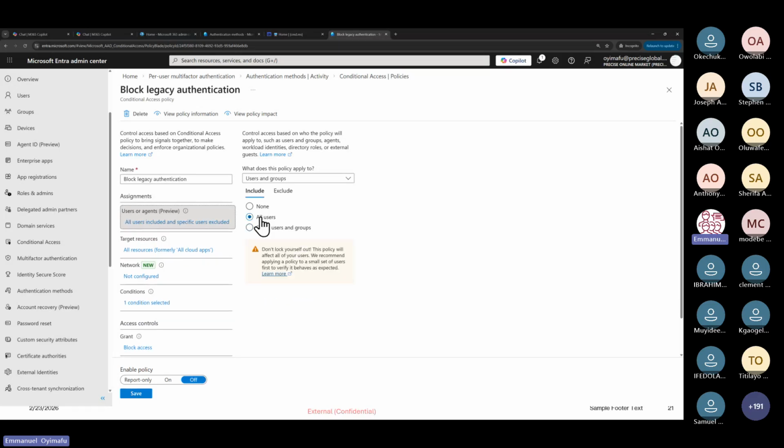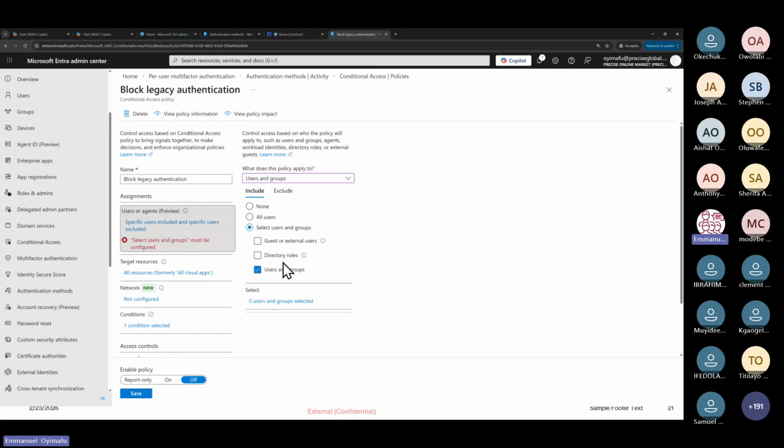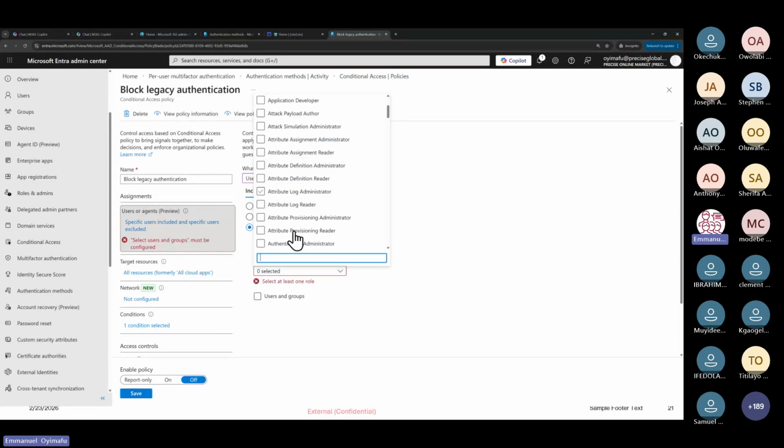And when I was explaining also, I specified that you can apply policies to agents. If you have some agents like Copilot agents in your environment, you can apply conditional access policy to them. But that's not our talk for today. If you want to apply policies to directory roles, if you select directory roles here, you can pick the role you want to apply the policy to.